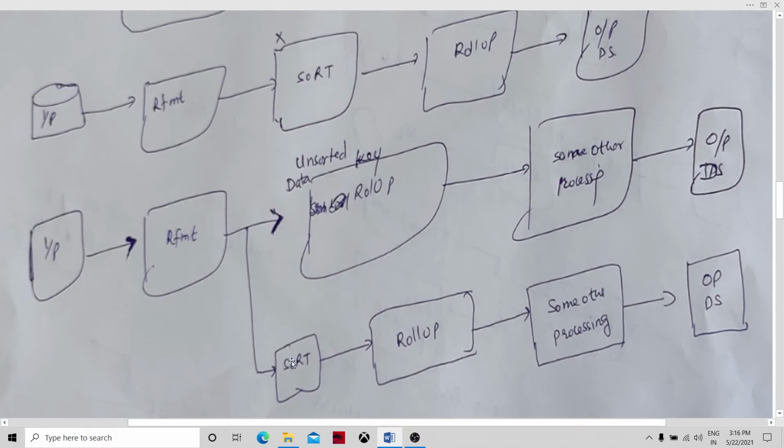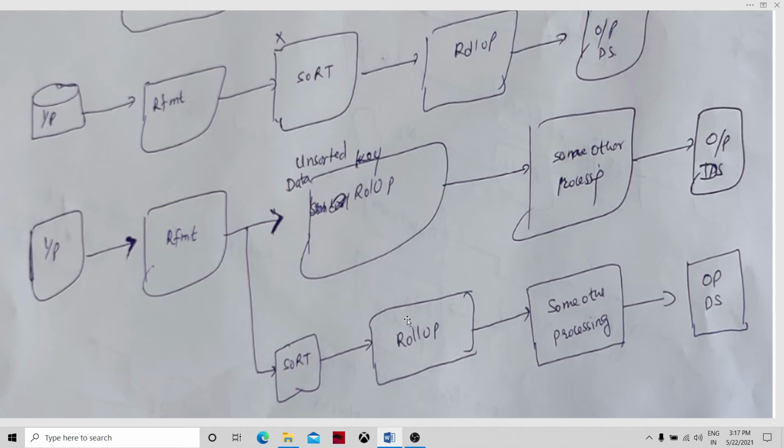And in the lower flow, the sort component will break the parallelism. After the sort component supplies data to the roll up and then some other processing, the roll up component will not break the pipeline parallelism because it got the sorted data from the sort component, and for a particular group, whenever the key change happens, it can release the record to the downstream component to process the data.